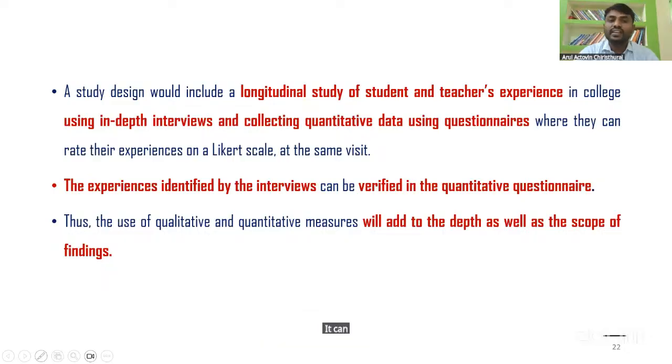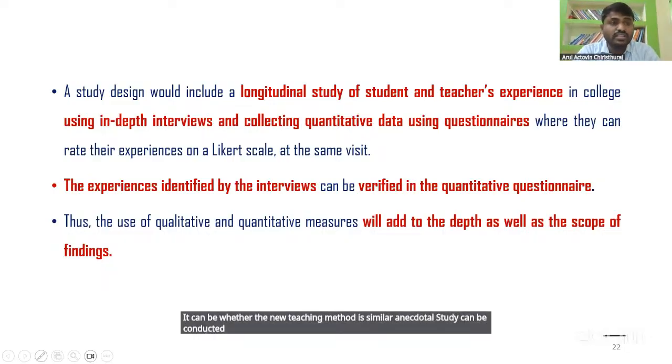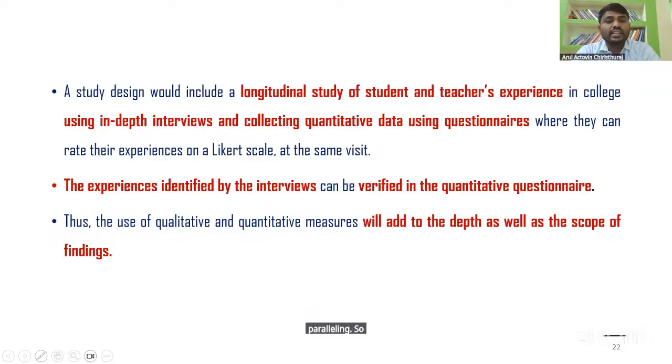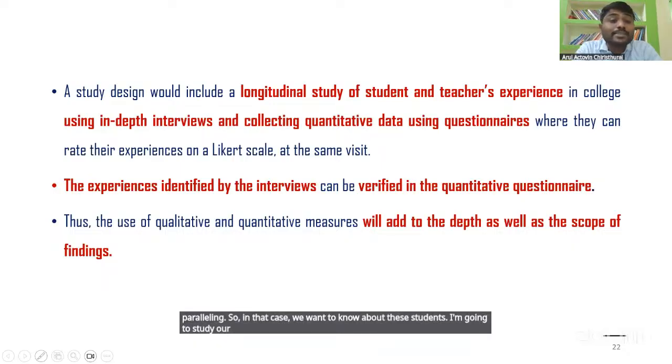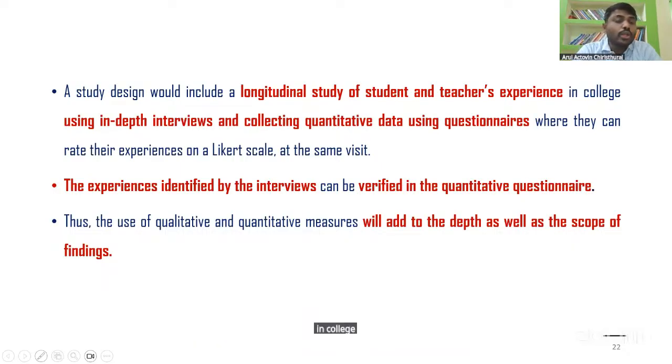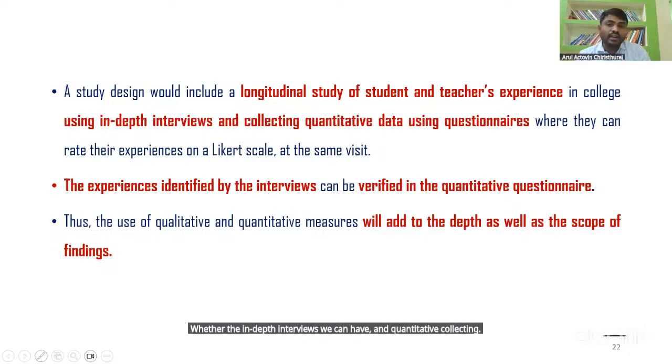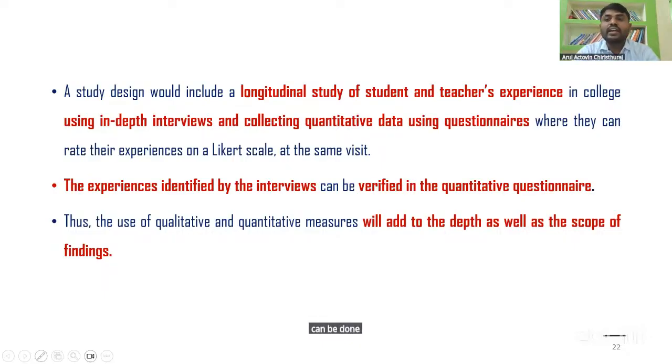In that case, we want to know about students' and teachers' experience of the new teaching method in college, using interviews and collecting quantitative data using questionnaires, where they can rate their experience on the Likert scale at the same time.